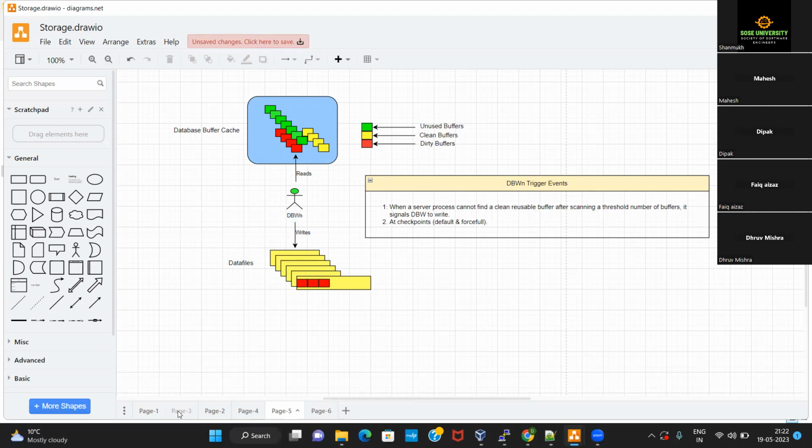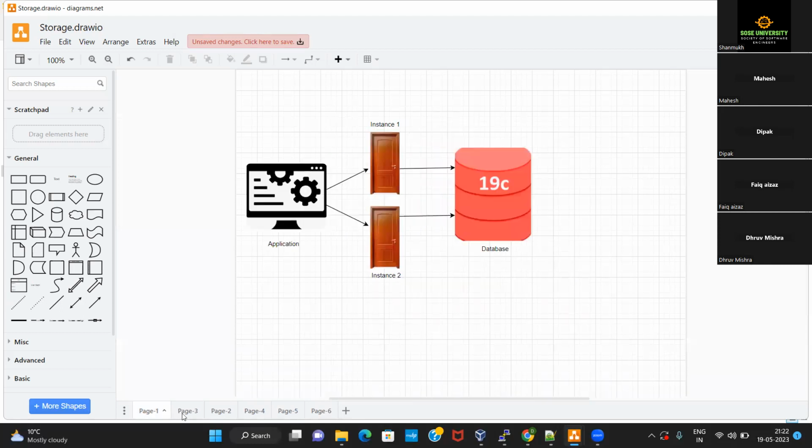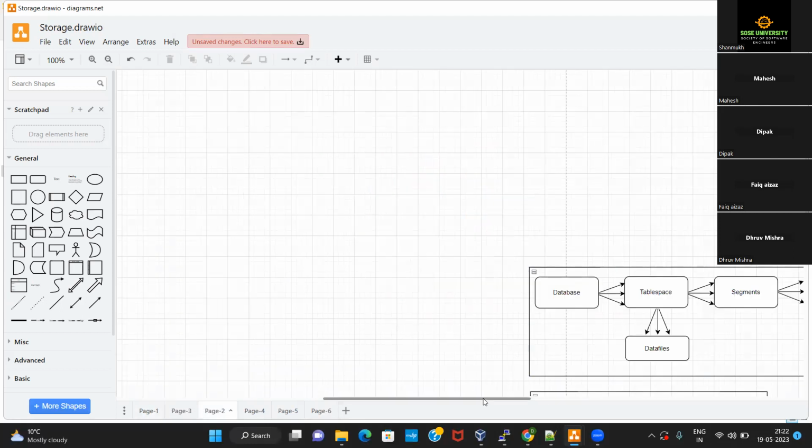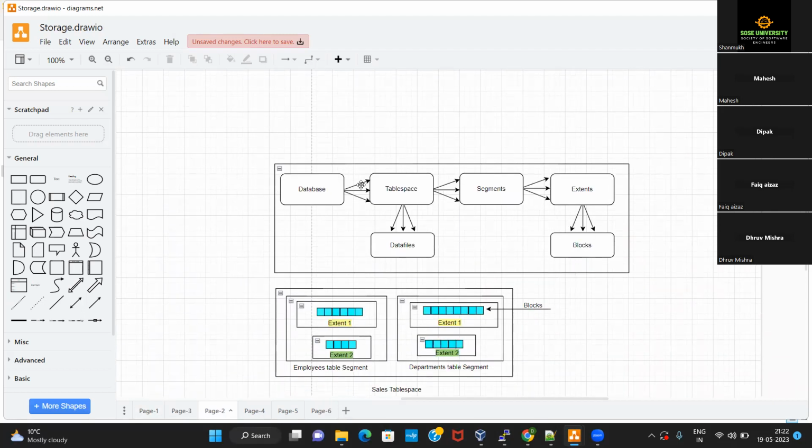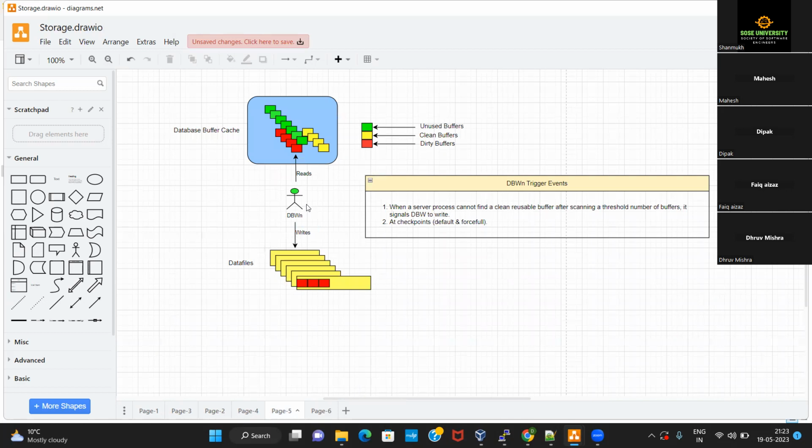We discussed it in the storage structure architecture, that the database will have tablespaces, and tablespaces will have one or more data files in them. So eventually all the data is getting stored on the data files. And all these data files are occupying some storage space, right? So it is the job of the DBWR process to read the dirty buffers and write them onto the data files.